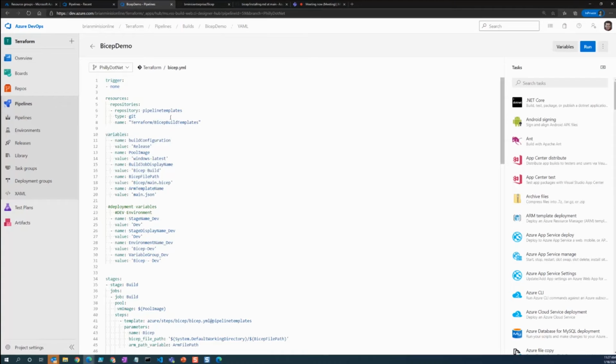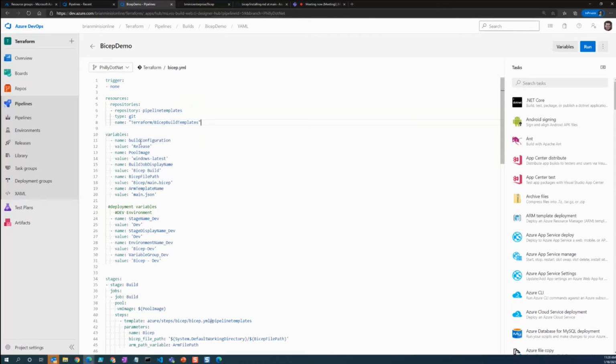And we have a resources section here. What this is doing for us is going to our local repo, pipeline templates, that we already saw. This is going to have the code that Nick Randolph wrote. So what this repository resource is going to do is bring this repo into our working directory so that we can use it going forward within our build steps.